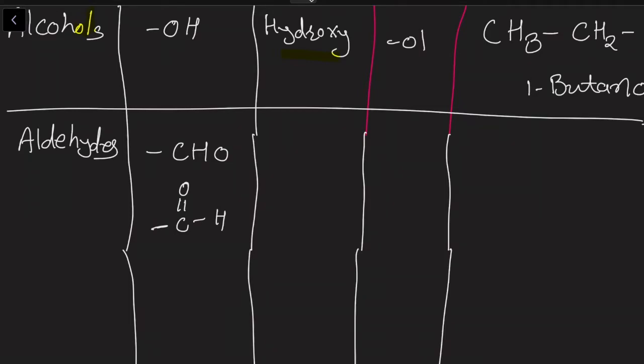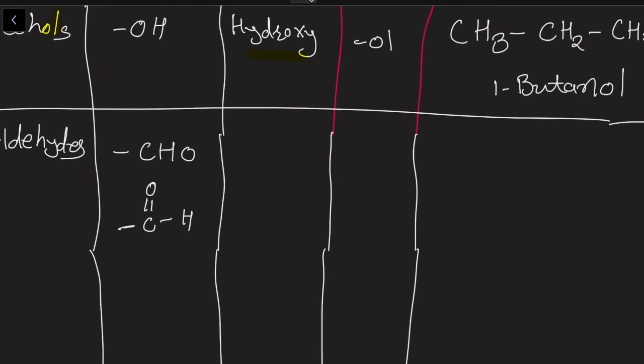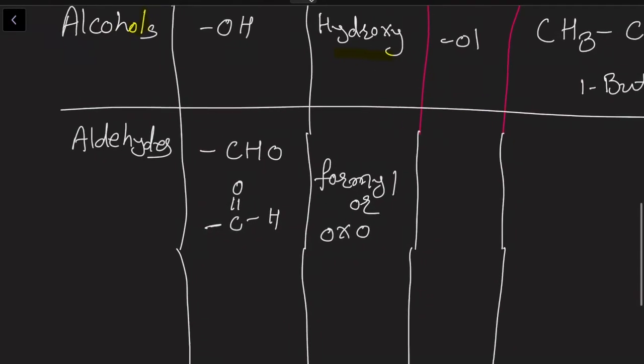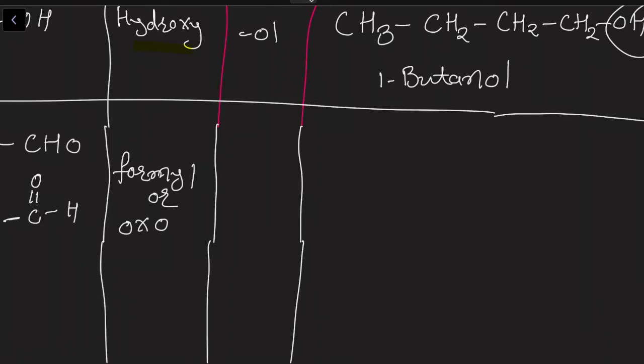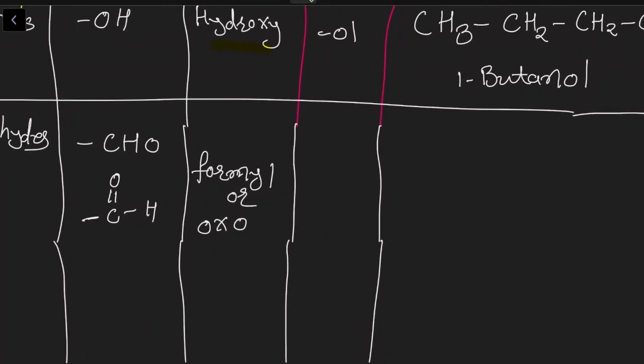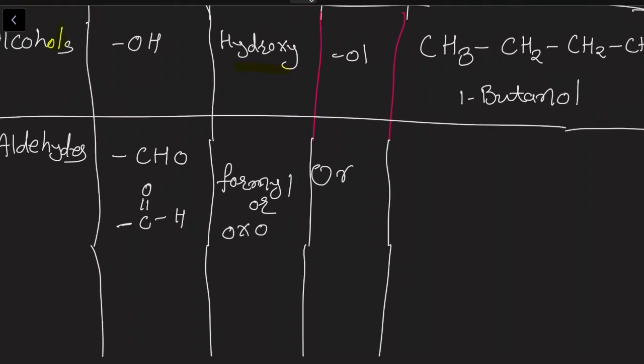and then this part is joined with the long chain of the carbon. All right. It does have a prefix. The prefix is called formyl, or oxo. Depends on how you use it. We will learn more in detail when to use suffix, when to use prefix, when we go over the naming of aldehydes. And it also has a suffix which is